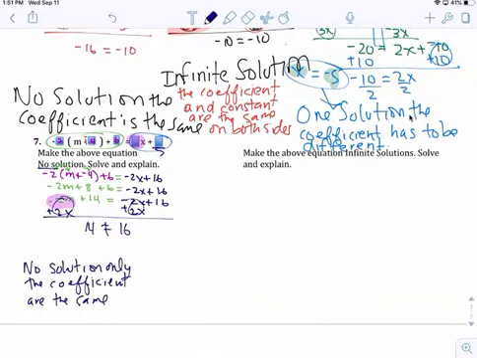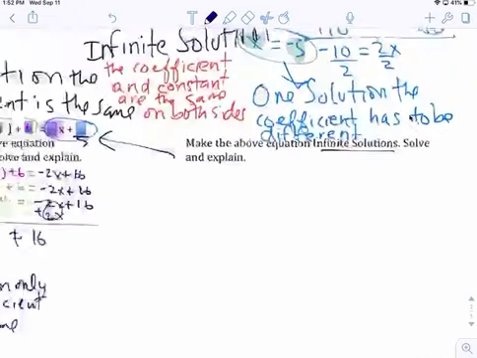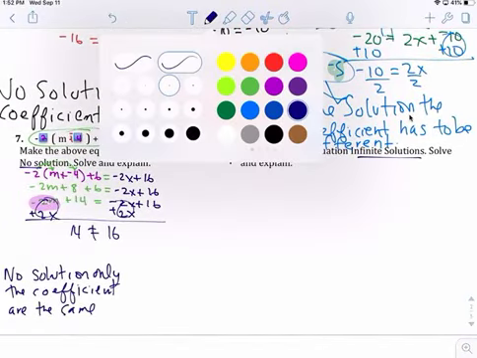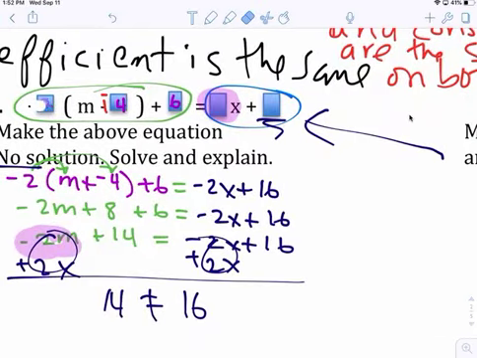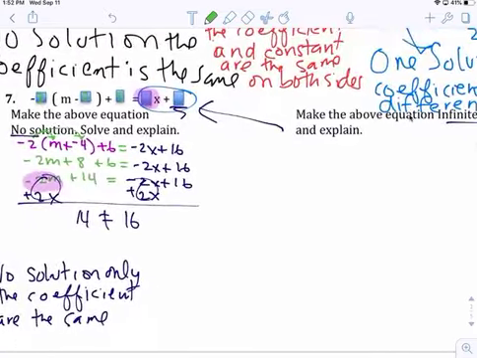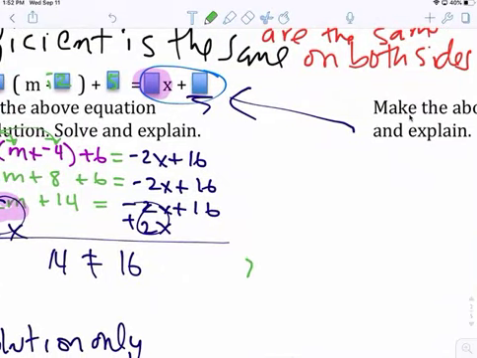Make the above equation, that's this one, infinite solution. Solve and explain. Okay, let's start with the green. Choose any number we want. You don't need to use this number, but if you want to, you can. Say 3, 2, and 5. So you get, make sure you do additive inverse here, negative 3,